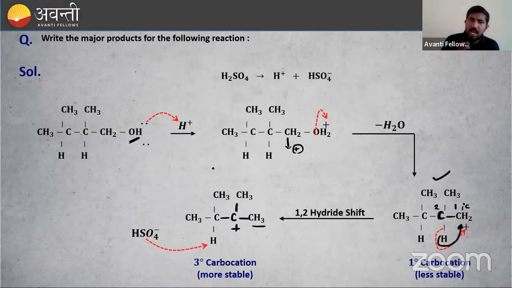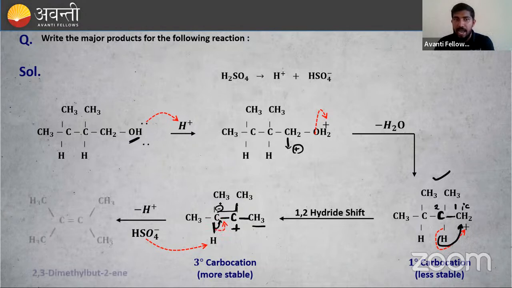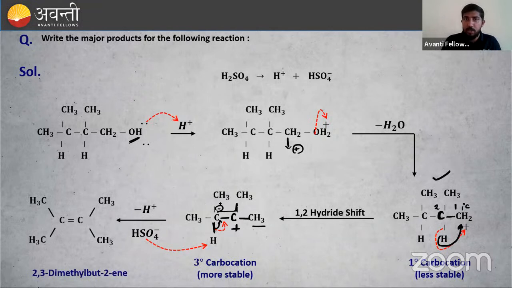So it will easily take the hydrogen as H plus. We have to break this carbon-hydrogen bond, and all the electrons will go to carbon. Hydrogen leaves as H plus, so H2SO4 is formed. What about the double bond? The double bond will be formed between these two carbon atoms. So this is the mechanism: rearrangement from a primary carbocation to a tertiary carbocation. Now the product is different. So if some carbocation is present in a reaction, try to write the mechanism. Okay.